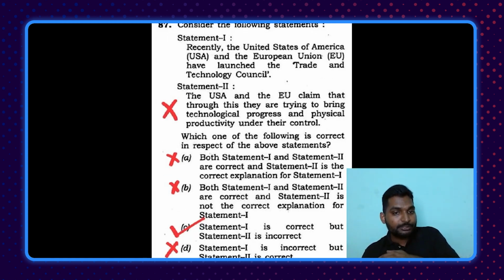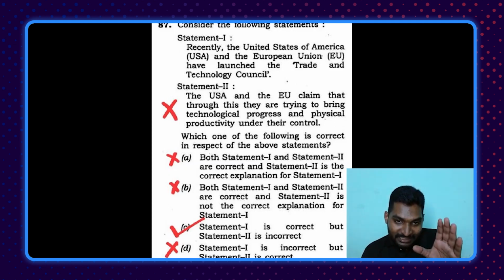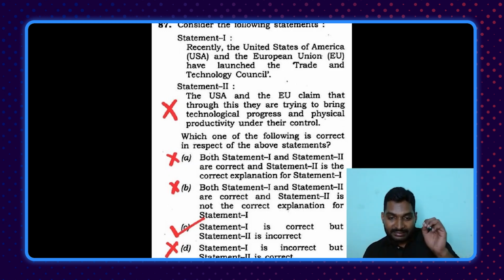Again, two statements. Statement 2 said the USA and the EU claim that through this they are trying to bring technological progress and physical productivity under their control. Again, we won't go into technicalities, but we had learned how UPSC frames incorrect statements by adding overemphasis or by superimposing two entities together in a made up manner. Again, if you are able to eliminate statement 2, we get a direct answer, which is option C, because among the given 4 options, only option C states that statement 2 is incorrect. Moving ahead,